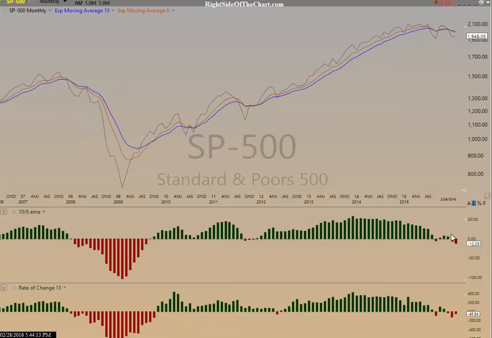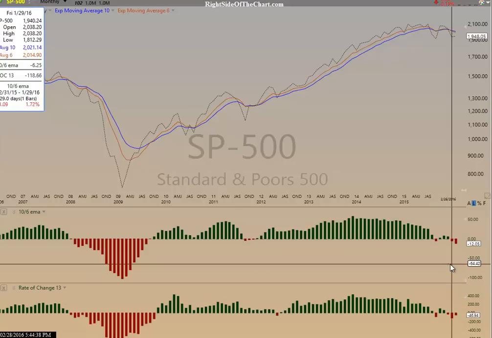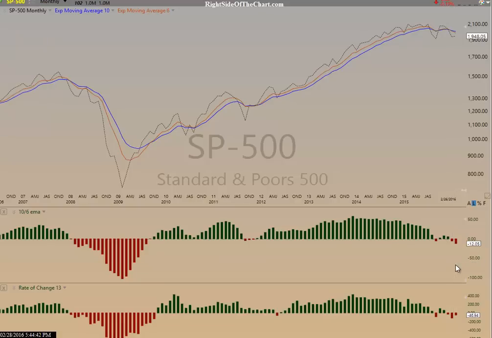So you can see a lot clearer with the histogram when the 6 EMA crosses below the 10 EMA, which it's done. And down here I use the ROC 12 sometimes, but I've gone to the ROC 13 in recent years. It does a little better job of helping filter out the whipsaw signals. So back here you wouldn't have taken this signal because it wasn't confirmed by the ROC 13. But we can see we had confirmed sell signals in both back in January, and again it looks like that will be the case after the markets close tomorrow,